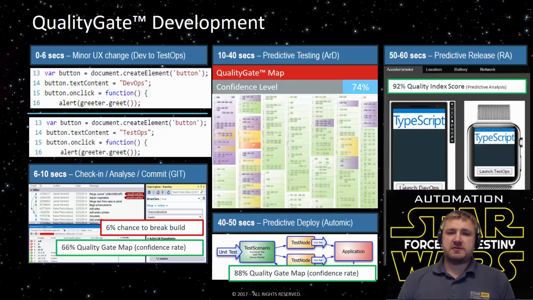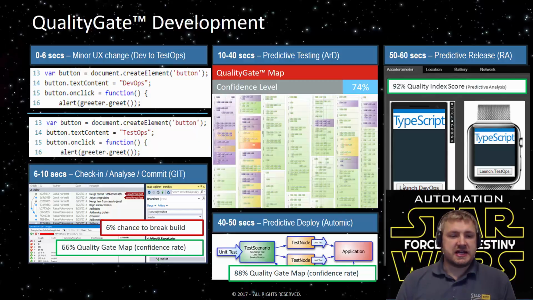Now I'll move into an example, and there'll be a number of demos throughout this episode. The example I give is in a typical development environment. In this case, the code base is TypeScript, just for simplicity. But what I'm seeing now in organizations is they want to make quick changes. So a button labeled DevOps can change to TestOps within 60 seconds: a very quick commit, very easy to go through, very lightweight testing, very lightweight release.